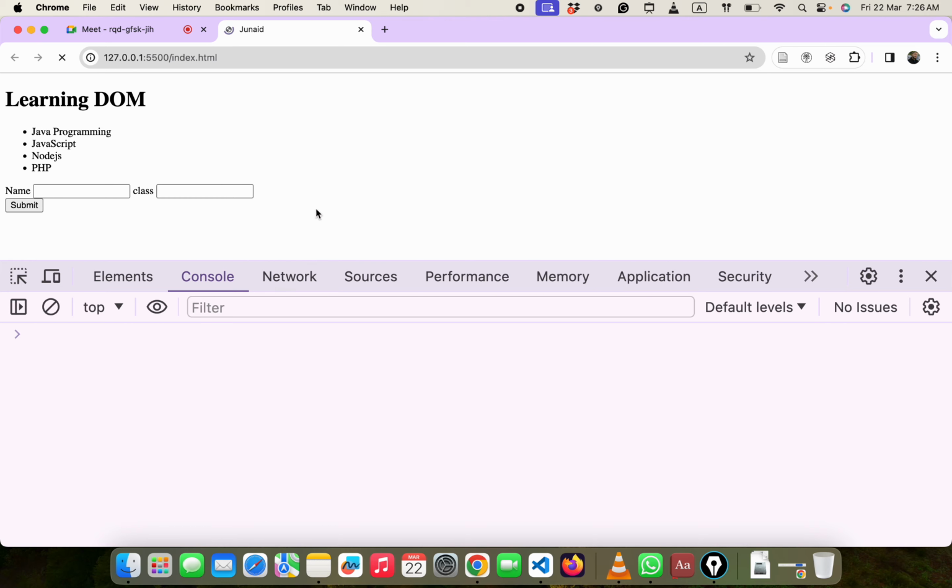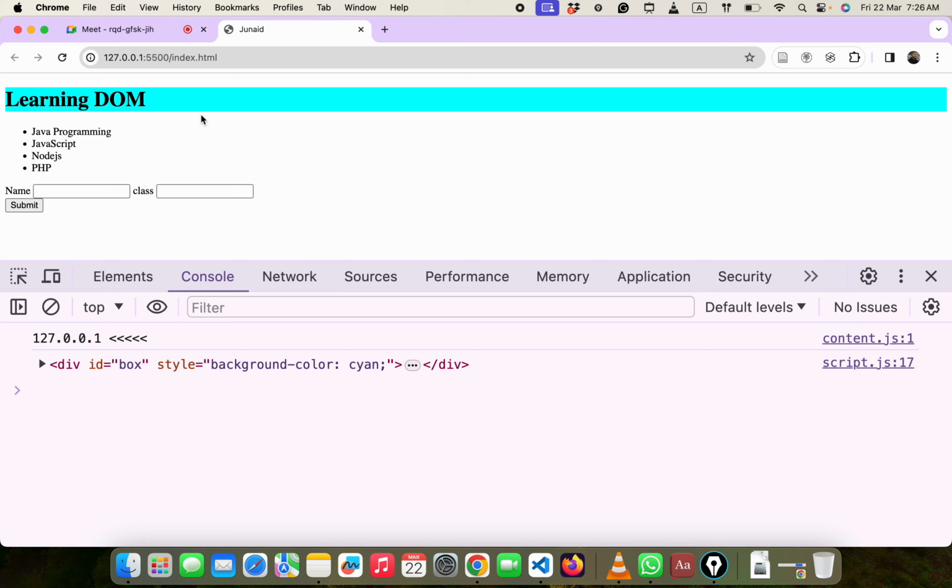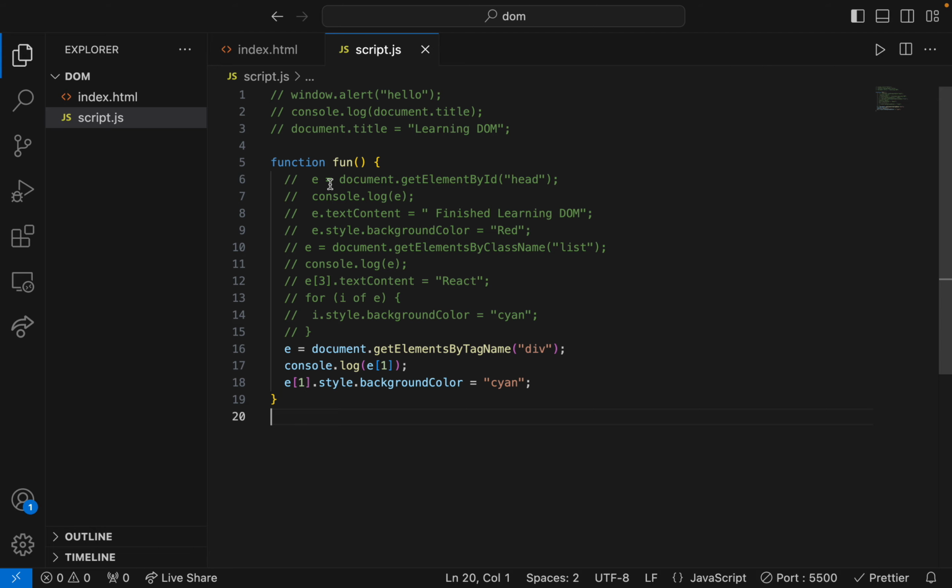बैकग्राउंड कलर e[1] को दे दो, तो अब आ रहा है, क्योंकि आपका ब्राउज़र या VS कोड अपने एक्स्ट्रा डिव्स लगाता है, तो आपके 0 पे एक डिव था, वो आप देख सकते हो यहाँ पे कंसोल में, वो मैंने उस दिन दिखाया था, तो ये आपके 1 पे आ रहा है, इसलिए इस 1 वाले डिव के ऊपर काम किया। अगर मुझे इसकी विड्थ इंक्रीज़ करनी है, फॉर एग्जांपल